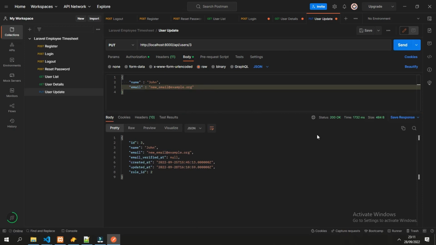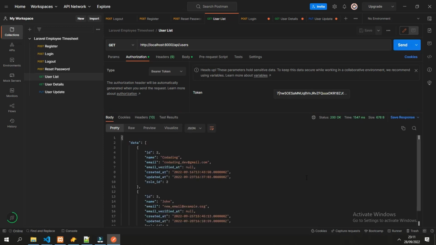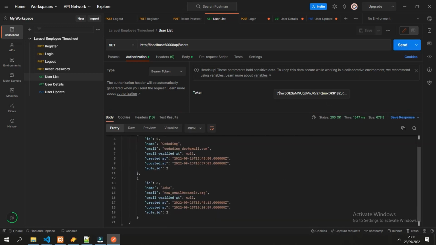Now it's successful. We have the user ID number 3 with the new name and email, and let's check in the user list if it is successfully changed the user. Now it's updated in here too. So that's the API for update users.